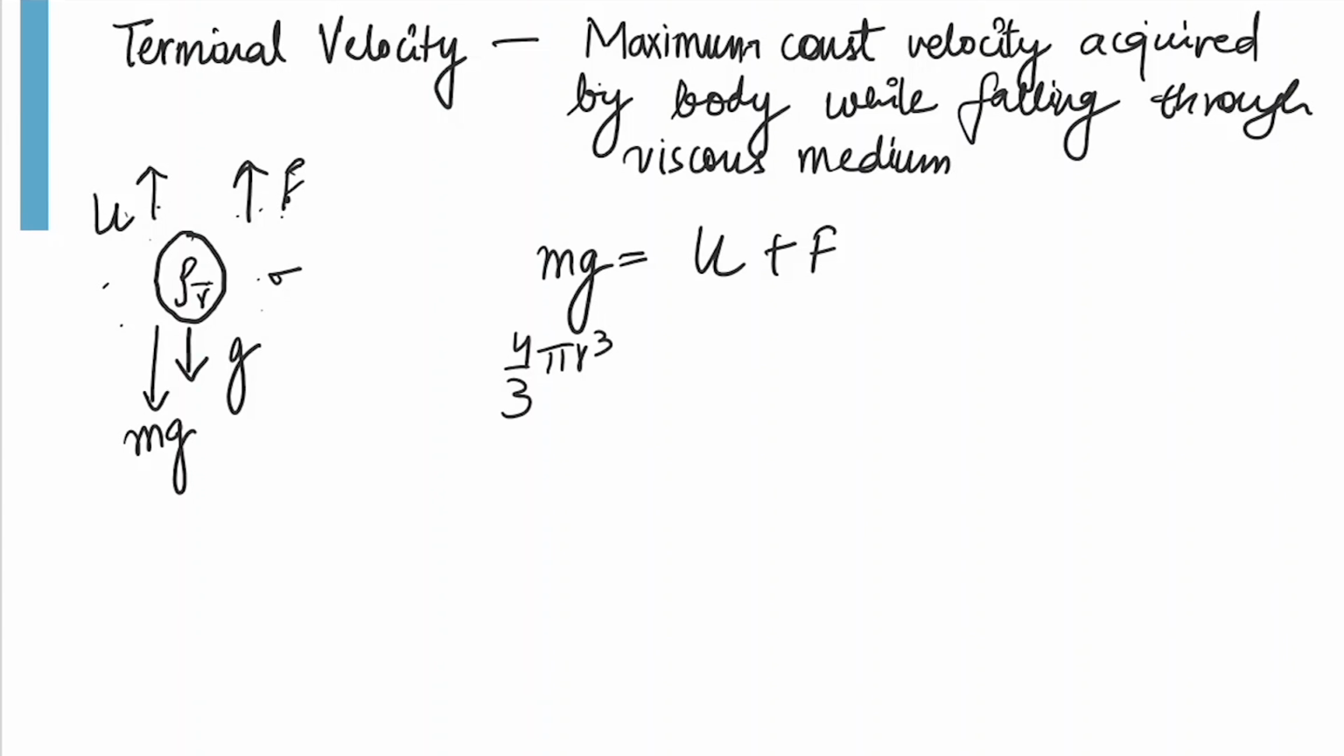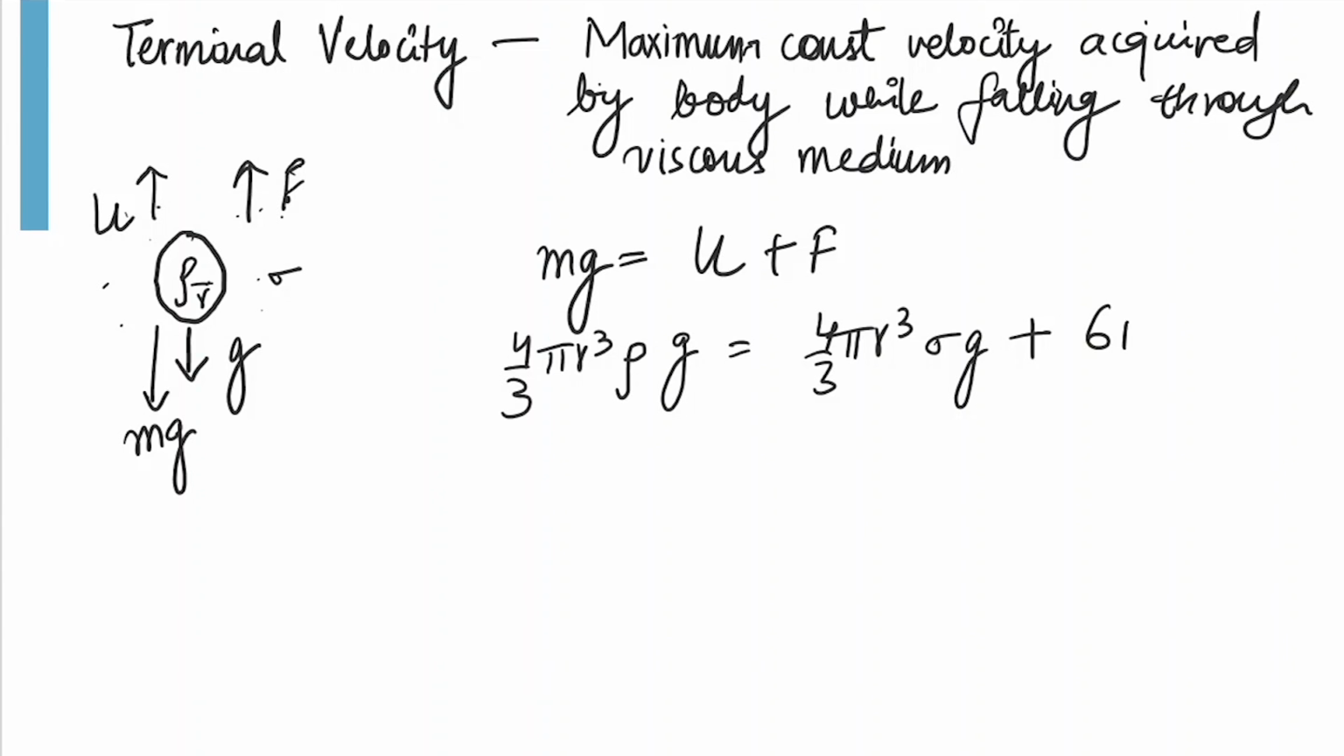Volume of this water drop multiplied by this density will be the mass, and into gravity, and the upthrust will be 4 by 3 pi r cubed, the volume, and the density of this viscous medium will be sigma. So this is the mass into gravitation. So this will be an upward thrust experienced by this water drop, plus the viscous drag which